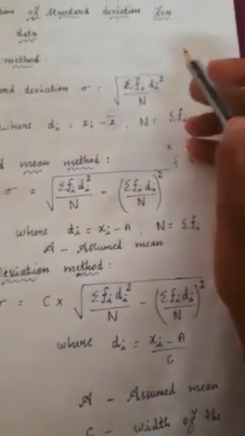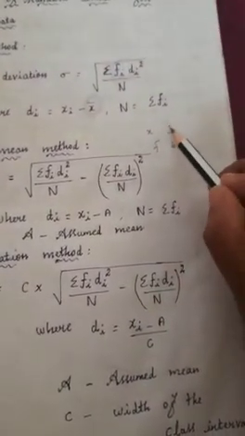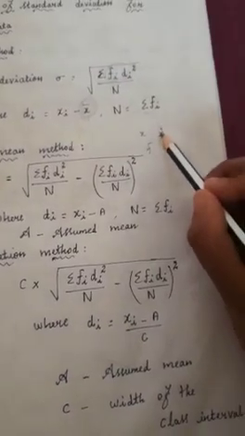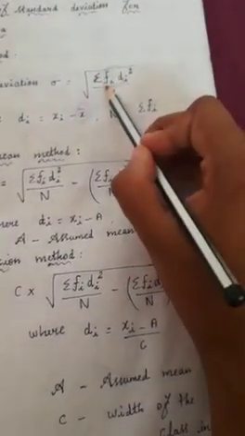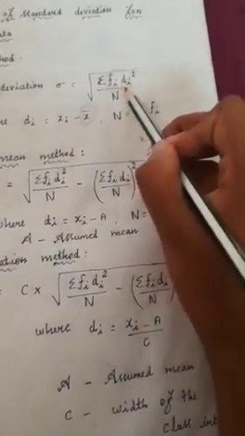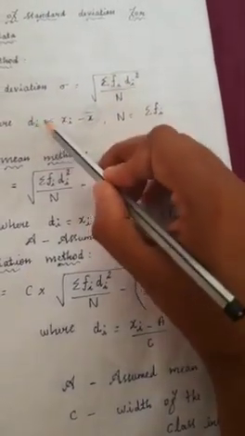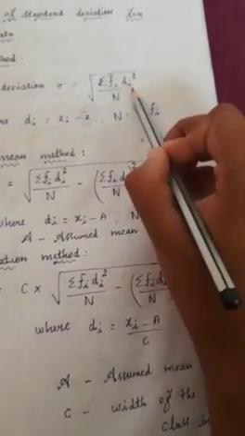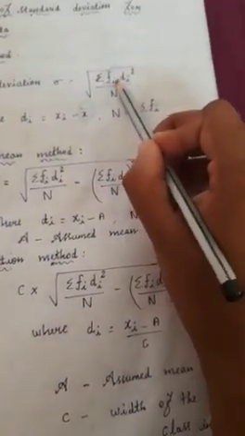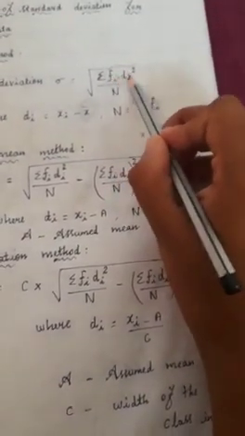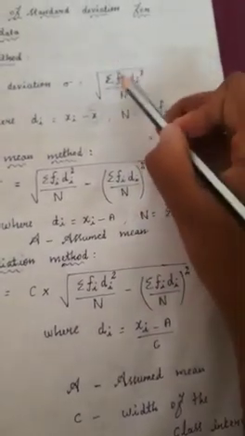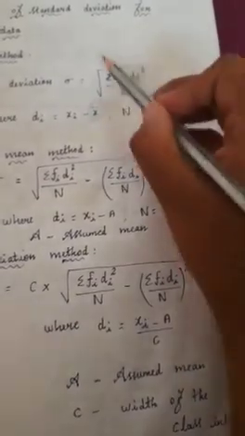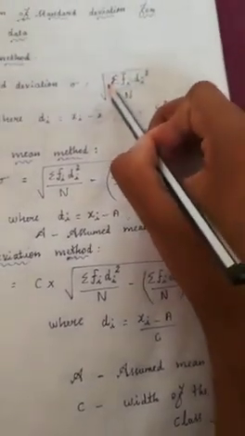The fi value means how many times, because it is grouped data, so they will give the frequency. So how many times 3 occurs, that is the fi value. Then you know the fi value and the di value. How will you find di square? Di square means squaring all the di values. The next one, fi into di square: if you multiply the fi value with the di square value, you will get the data for fi into di square. Then add up all the fi di square values, that is the summation. While you are doing the sum you will understand.